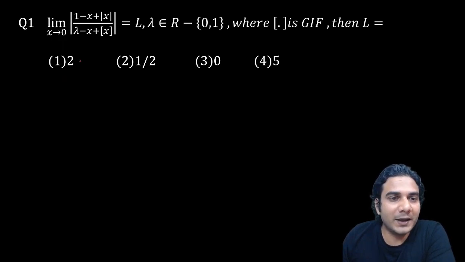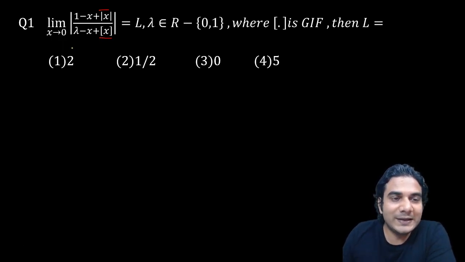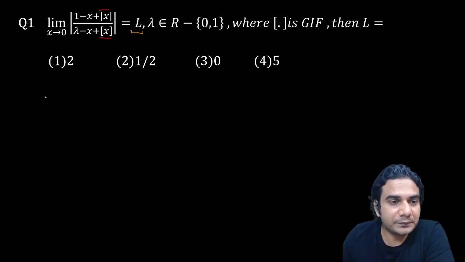All right. You can see in this question, modulus is there, modulus and greatest integer function. So two functions are used, modulus and greatest integer function. So that means whenever you have a modulus function, a piecewise defined function in a question of limit, you need to find the left hand limit and right hand limit separately. And if the limit does exist, then both the limits must be equal as well, right? So the limit does exist in this, it is given L, all right, and we need to find the value of L. And let's start with finding the left hand limit and then the right hand limit and